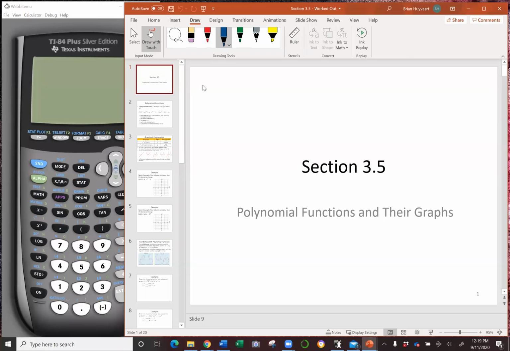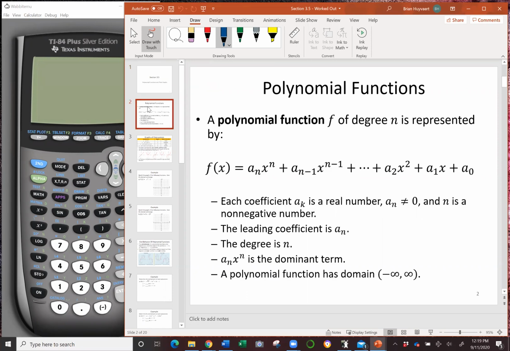All right, in this section, we are going to be looking at polynomial functions and their graphs. We've already seen some basic versions of this, but we're going to dive in a little bit deeper on this. So just as a reminder, a polynomial kind of has this generic look for the function